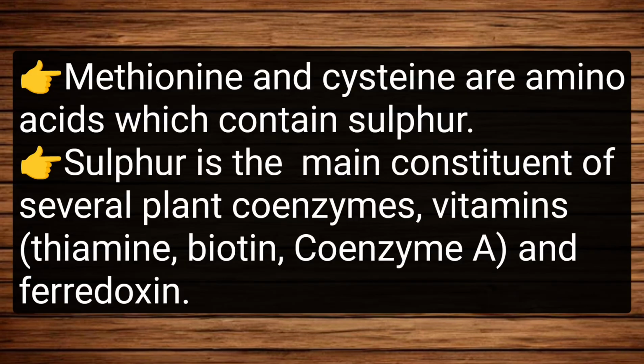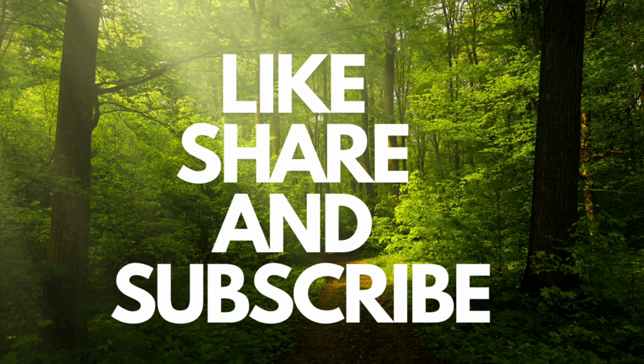The names of sulfur containing amino acids are methionine and cysteine. You should also know that sulfur is also the major constituent of several plant coenzymes, vitamins such as thiamine, biotin, coenzyme A, and ferredoxin. With this, we have reached the end of today's session and we have completed the discussion